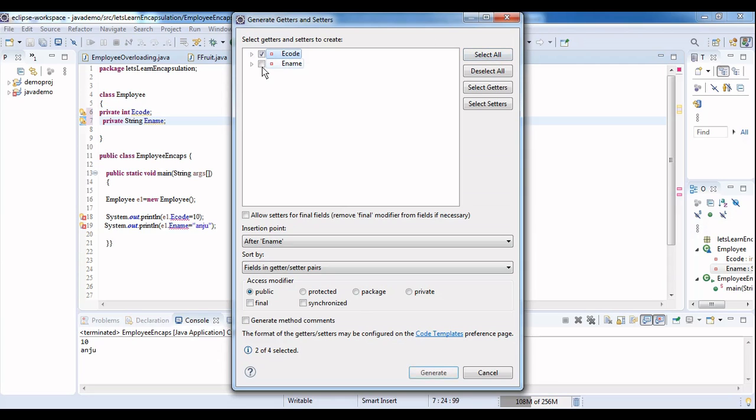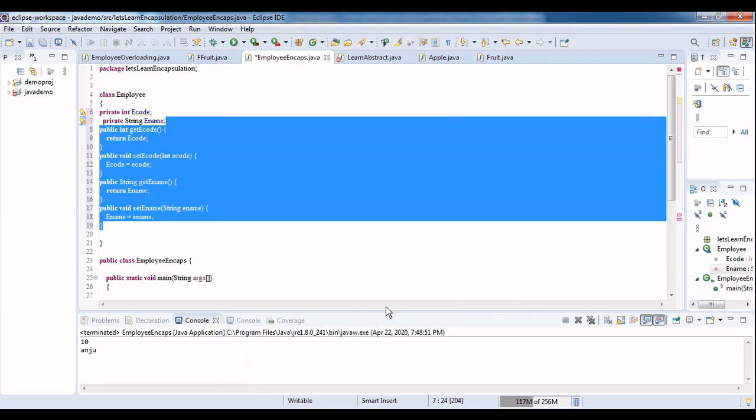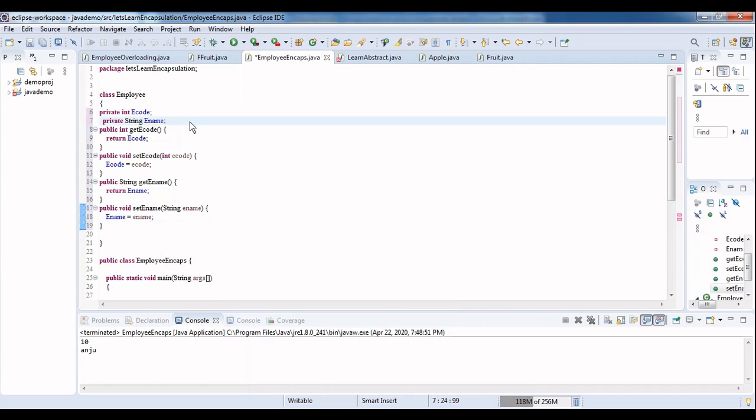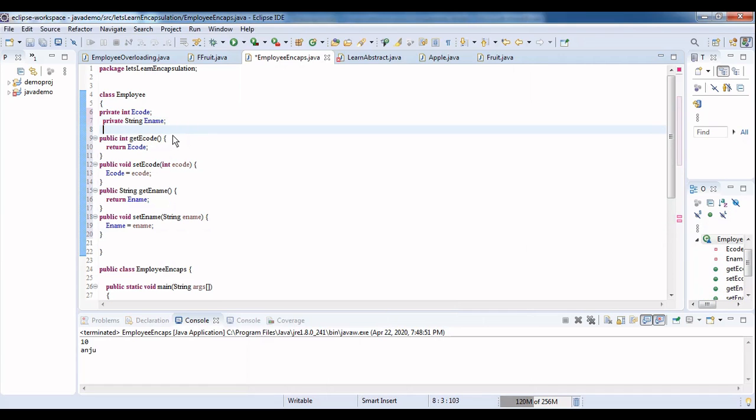So select both of them, or else you can select all. Next, generate. See, the methods got created: get code, get name, set name, right? So in a class I have private variables and I have public methods. Thus encapsulation is being implemented.